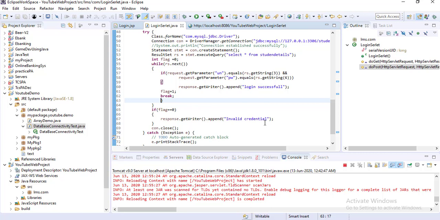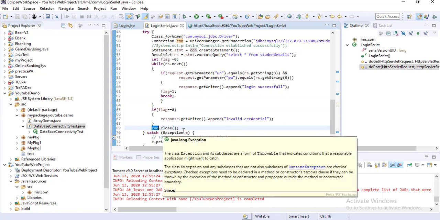So in this way you can validate your login credentials. Okay, for any application or website design you can do it this way. So these are the steps. First you have to load the driver class, then register your driver class, then create the connection. Once the connection is established, you can create the statement, and once you have created the statement, you can execute your queries, and then after doing all these operations you have to close your connection object.